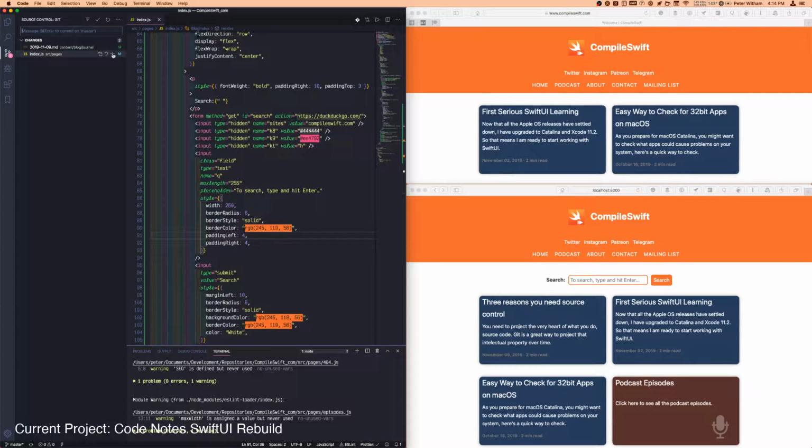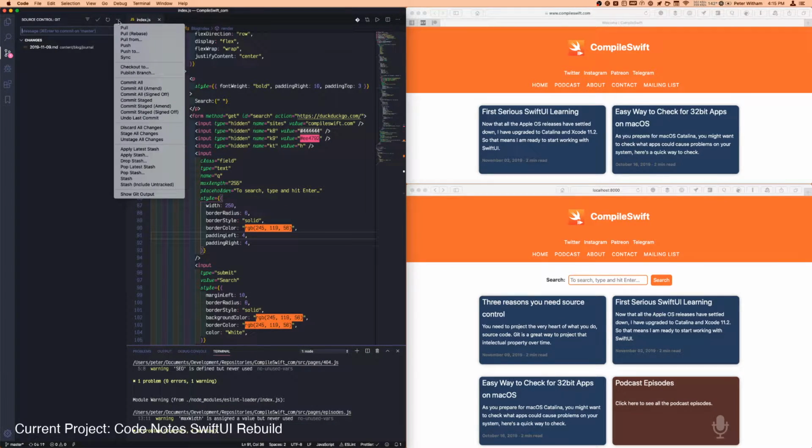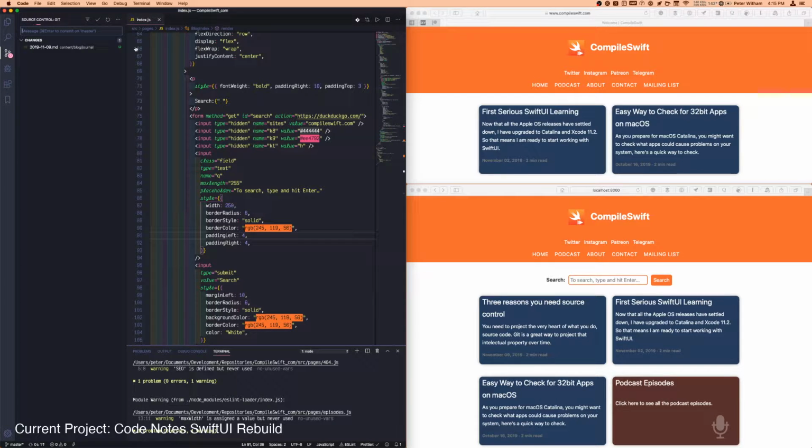So I'm just going to add this to source control. It's just that one file. And I'm going to say "added search box." This is the commit message: "Added search box to the home screen." Commit it. Push it. Okay, so it's pushed. So right now, if you go to compileswift.com, you're going to see the version without the